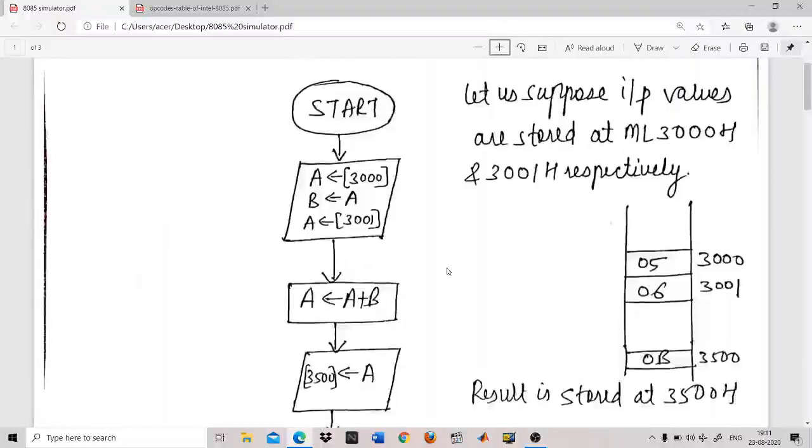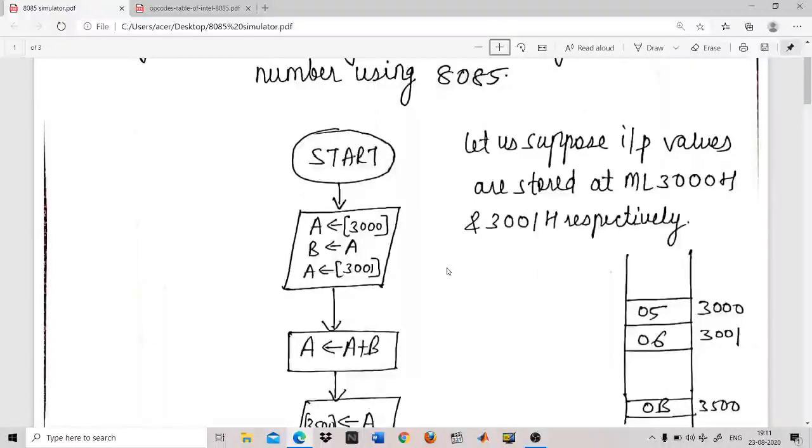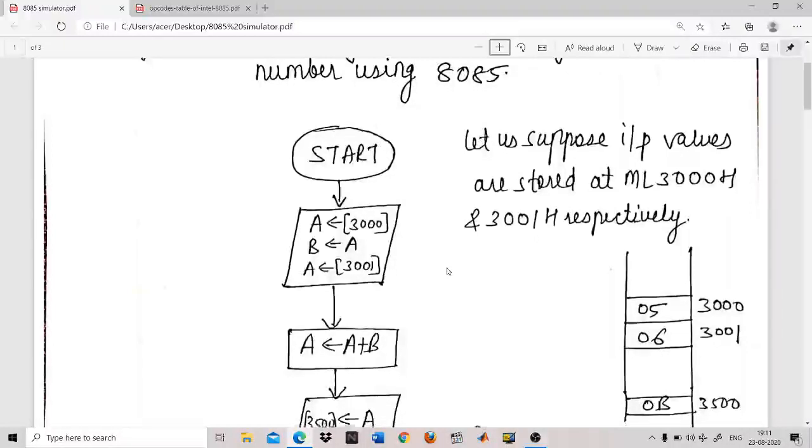In this program, the input variables are stored at memory locations 3000 hex and 3001 hex. And the result after performing the arithmetic operation should be stored in the 3500 hex memory location.